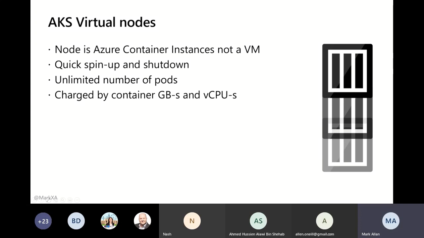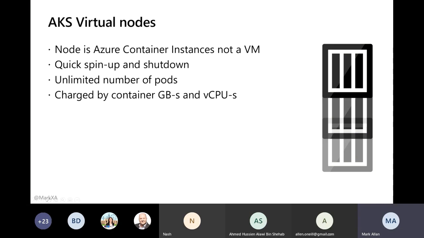But what that essentially allows you to do is say, rather than having a VM, I just want you to use Azure Container Instances to provision my containers from my pods. And what Azure Container Instances is, it's a service in Azure that basically is the simplest possible way to get a container running in the cloud. So there's no ceremony to it. There's no fancy reverse proxies around it or anything like that.